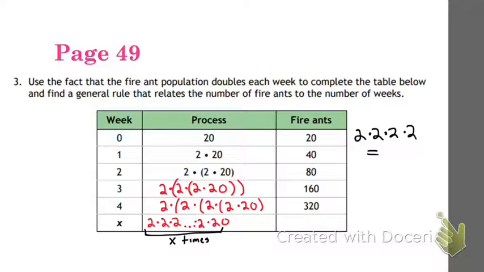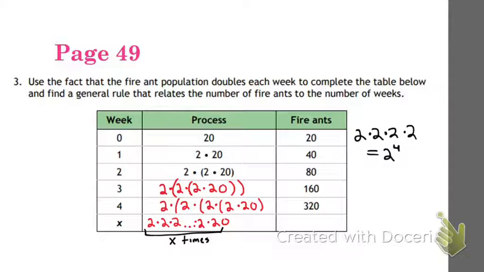Almost. Think about, just use 2's, don't use any other number. Like what? Did I hear someone say it? Exponent? Exponent. That's right. When we multiply a number by itself a certain number of times, it's an exponent. So 2 times 2 times 2 times 2 is the same as 2 to the 4th. Okay? So if we go back to our table, we're multiplying 2 times 2 times 2 times 2 x number